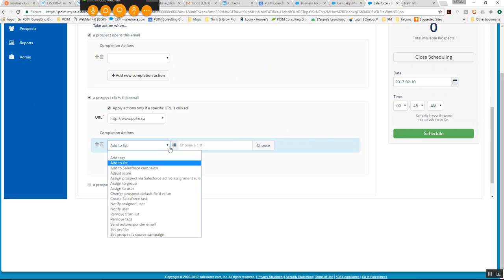And what else? Let's look through that list here. Take a minute. We have add to list, add to Salesforce campaign. So this is really good. So you have a campaign in Salesforce called oil and gas. Well, if they click on this link, you can add them to the campaign. And that's really where the ROI